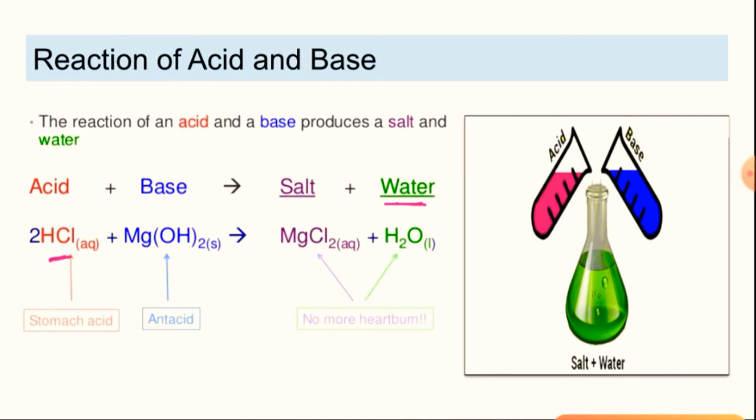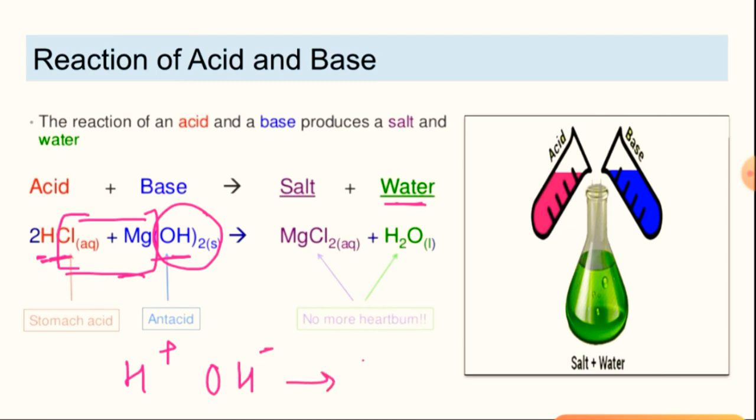HCl we have taken as an acid, and for base, for example, we are taking magnesium hydroxide. From the acid, the anion is reacting, and from the base, the cation is reacting. These two react together to form a salt, magnesium chloride. And what are we left with? We are left with hydrogen and OH. So this hydrogen from the acid and the OH minus ions from the base, H plus and OH minus, they both react together to form H2O. So this is the product, salt and water.